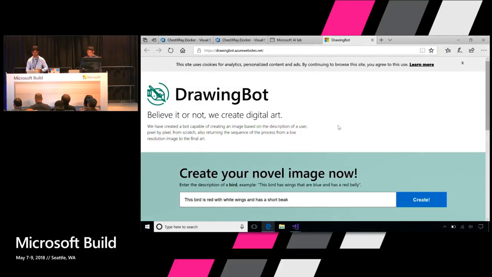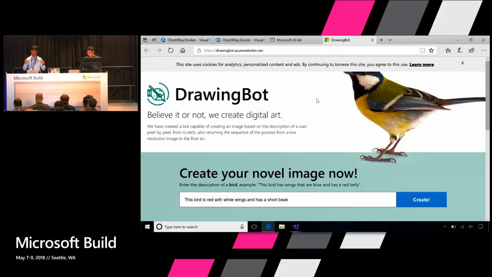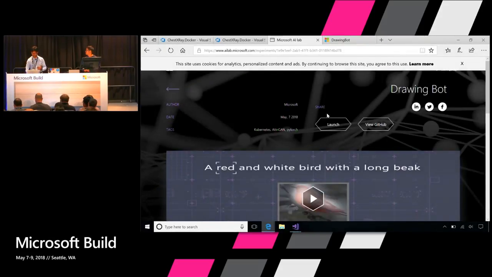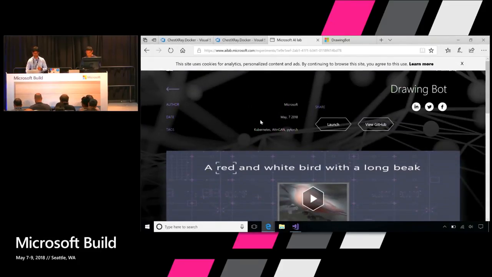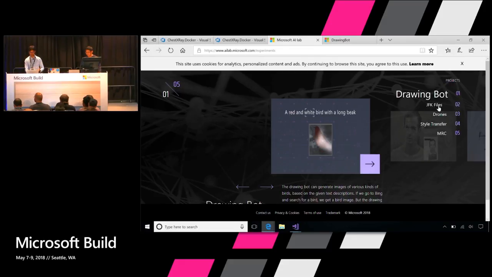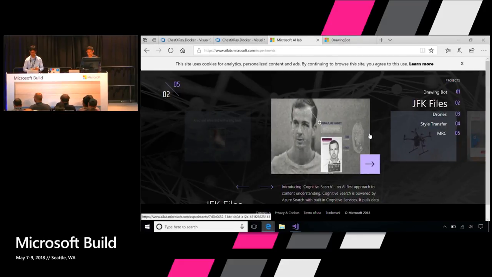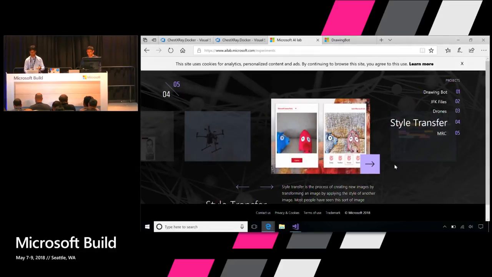So you all can go there, land up in the DrawingBot, draw your birds, post about it, and let us know how you feel. Similarly, you can actually go and look at the GitHub, where the whole source code is, and some more details in general as a video. Similarly, some more. So we currently hosted 5 top experiments, which we think is great. Like JFK files, a great example of cognitive search and how we're building custom skills, extracting knowledge out of the data set which we have, whether videos, images, or whatever, and then making sense out of it. So you could see all of that. This is a great scenario. And then similarly, you have style transfer, which is another great example of how you can use image analysis with using some of these open framework and models.